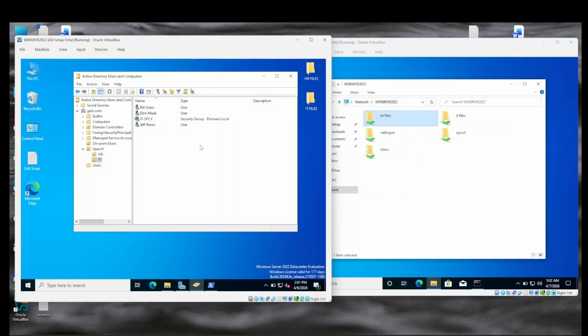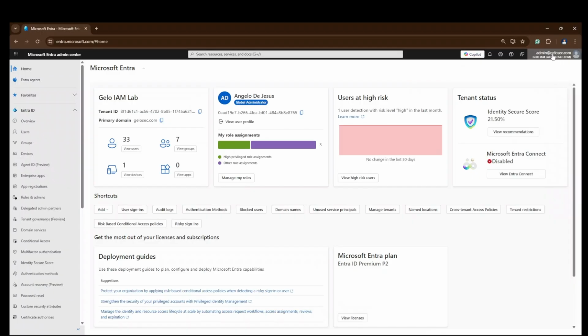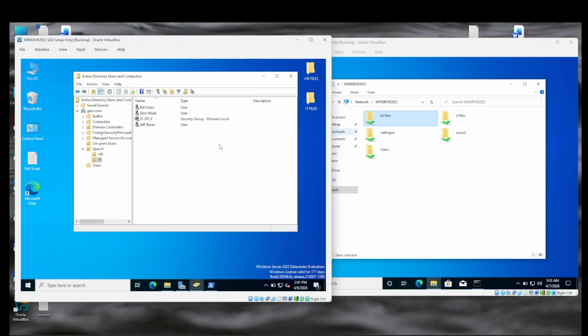Okay. Our focus now is to match the UPN of these on-prem users to our Microsoft Entra ID, because as we can see, our Microsoft Entra ID uses jelosec.com. So we're going to update the UPN of these on-prem users to jelosec.com.